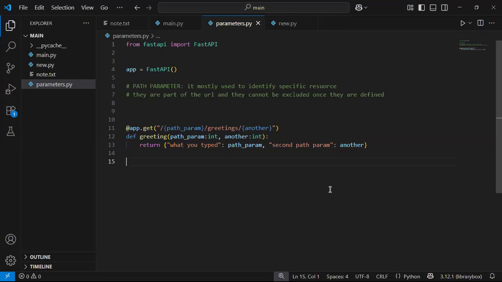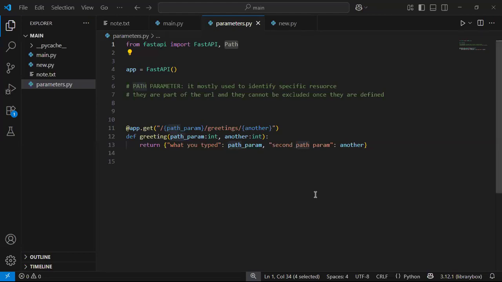As we're dealing with path parameters, Path can be used to add additional validations. All right, so I was saying that